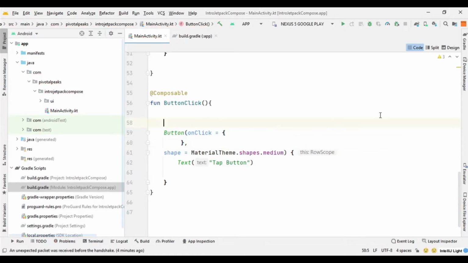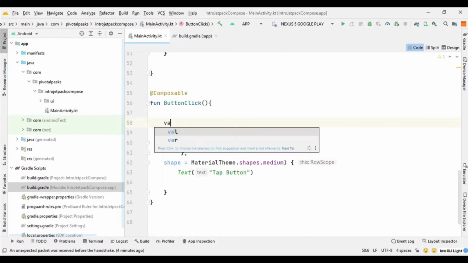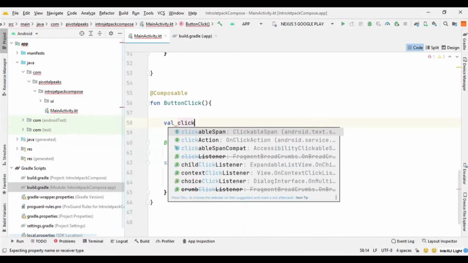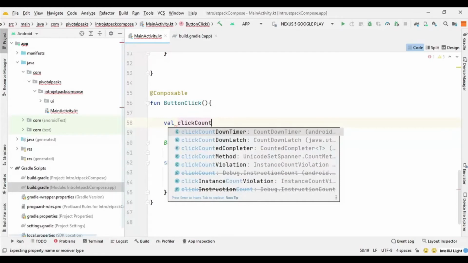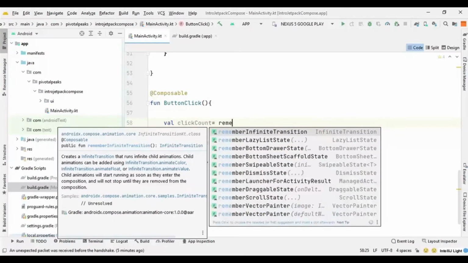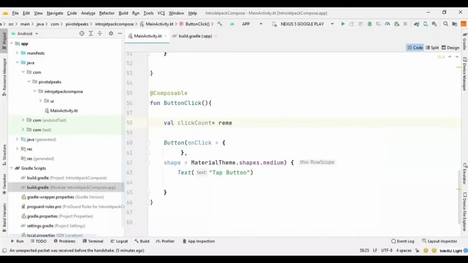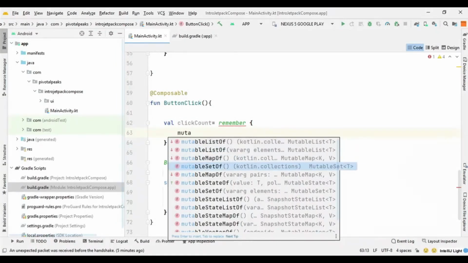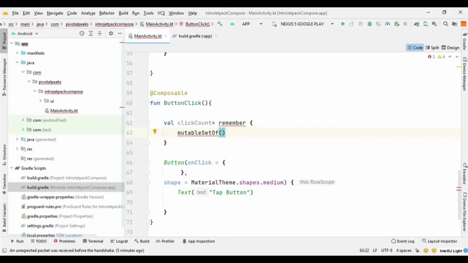And we need to create a value where we can store the click count. So I will say click count, and here we need a remember function. So remember, and I will say mutable state of, and I will just pass the starting number, so it's going to be 0.